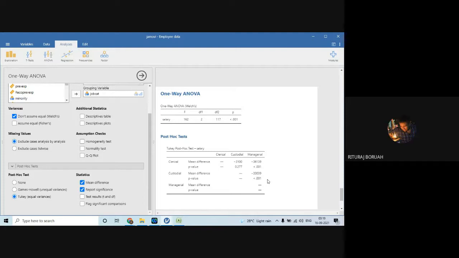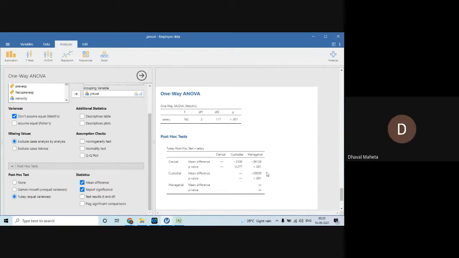It should be less than 0.05, sir. See the p-value: clerical is compared with custodial, clerical with managerial, and custodial with managerial. Whose p-value is less than 0.05? See the p-value of clerical and custodial. Yes, sir, it is 0.27. Now got it, sir.